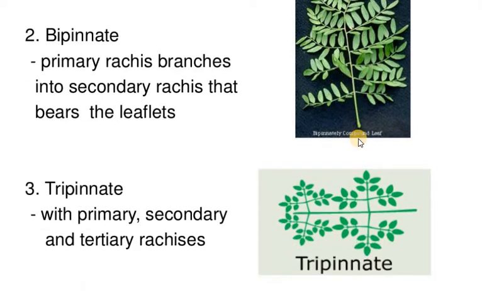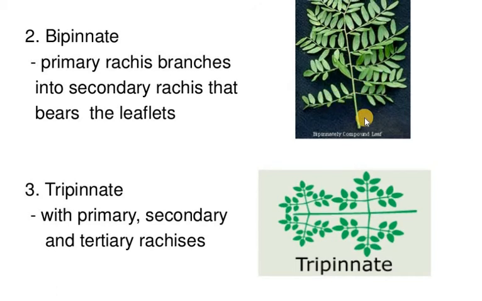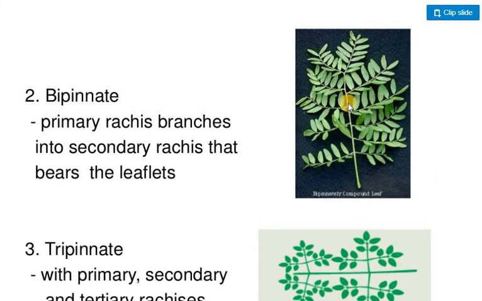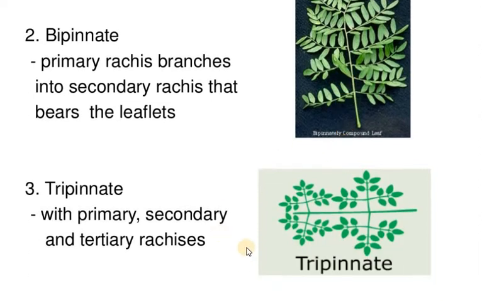I think this bipinnate you can see in Rajamali. So the rachis has again branched to both sides, and the leaflets are arranged on them. And if you see the leaf of Muringa, there is a rachis, then there is a subrachis, then again it branches. So there is the primary rachis. The first rachis is called primary rachis. The second branch is called secondary rachis, and there is also a third rachis.